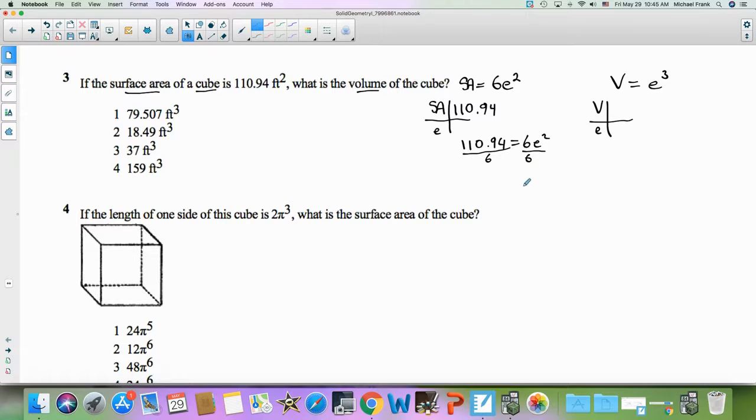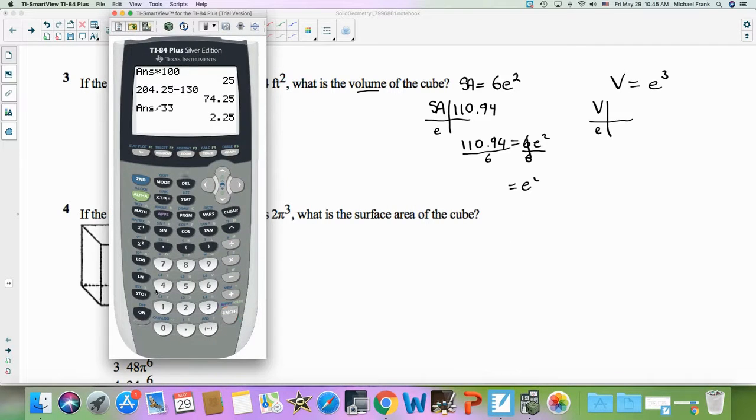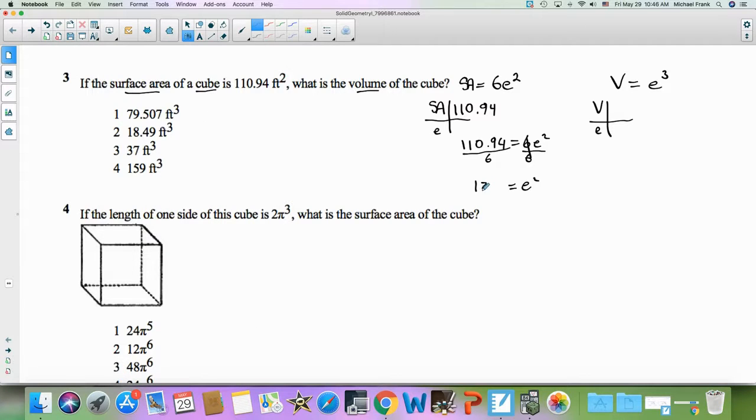And I'm going to get e squared, because that's going to cancel out, is equal to, no, I can't. I'm not going to do that in my head. I'm going to make sure I get the exact answer. 110.94 divided by 6. And that's 18.49. Well, in order to get to the last step, I got to get rid of that squared. So I'm going to square root both sides. And I'm going to get e is equal to,